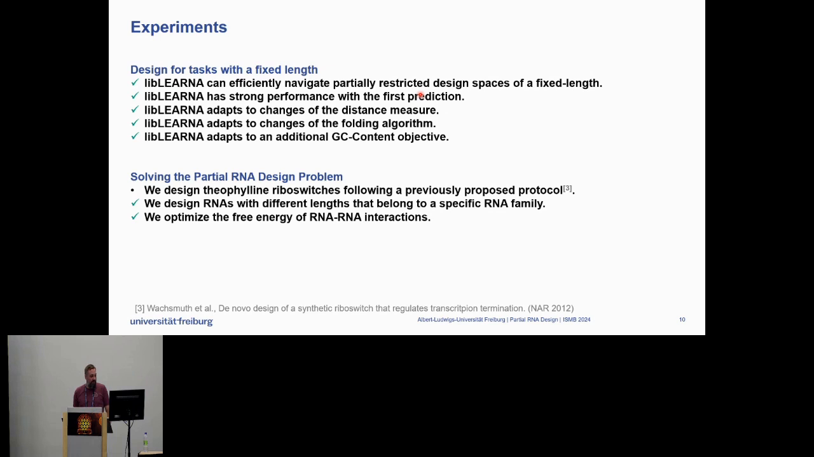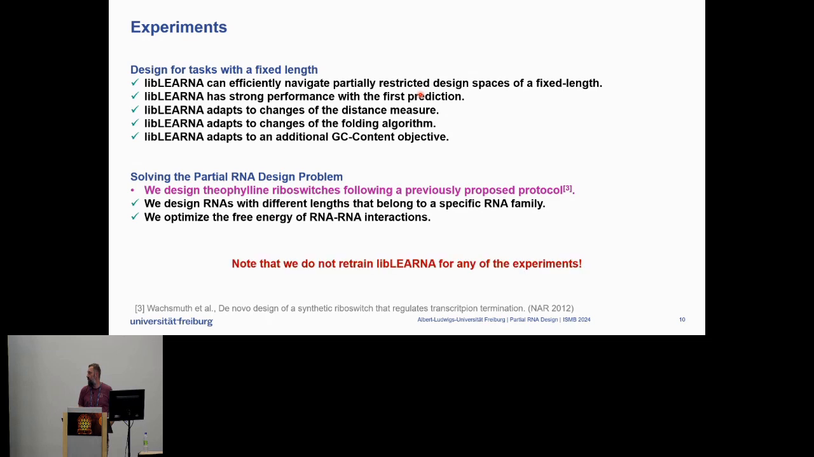There we actually do very aggressive changes to the reward function, such that it doesn't have to do anything with the training objective we used, like there's no folding involved. For example, we design RNAs for a given mRNA target where we just directly optimize the free energy of the interactions. But I would like to highlight one experiment here, which I think shows best how we actually can apply partial RNA design and LibLearner to different problems, which is a design of TFLN riboswitches following a previously proposed protocol